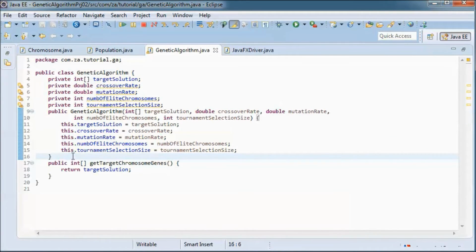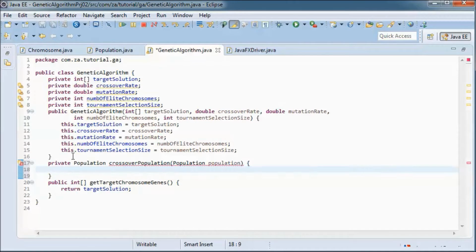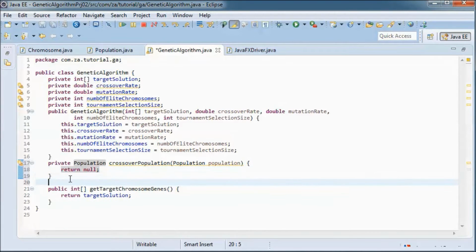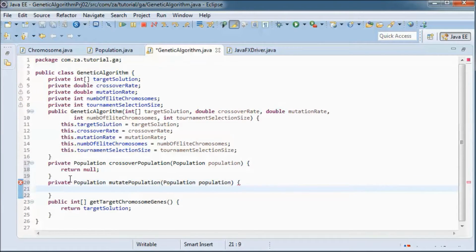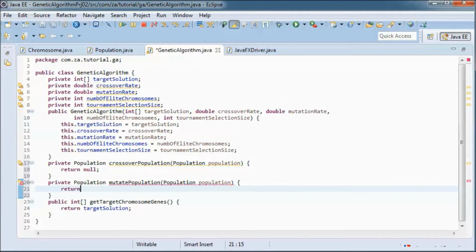Now here, to apply crossover to the population, we will have this crossover population method. Let's for now return null. And for applying mutation to the population, we'll have this mutate population method. And for now we will return null also.